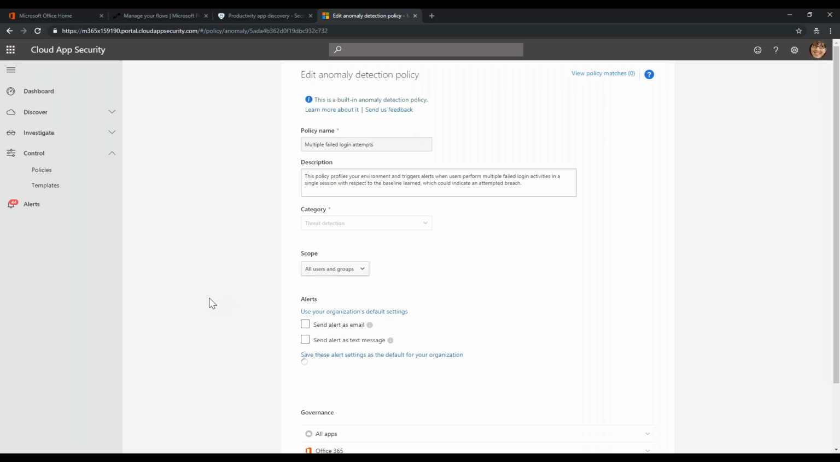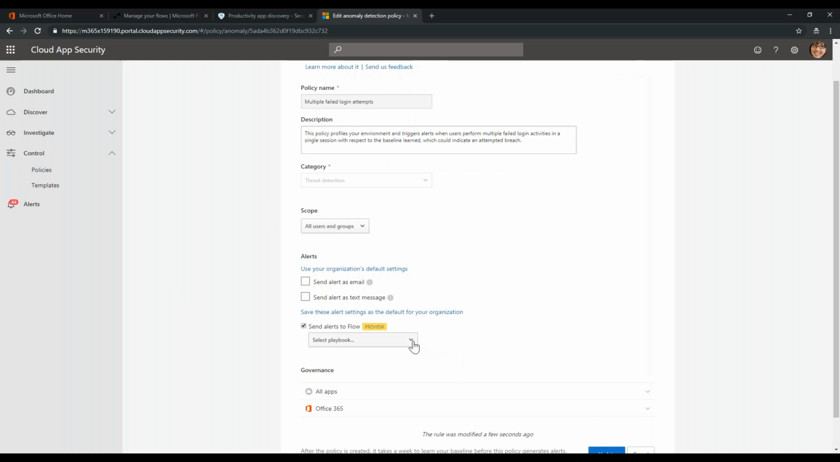And this doesn't necessarily mean this is how you configure it, but just as an example. So you notice in the alert section, I've got this ability to send alerts to Flow. So I check the box, and then I have the option to select a playbook. Okay, so there's ServiceNow ticket. So now I've associated this